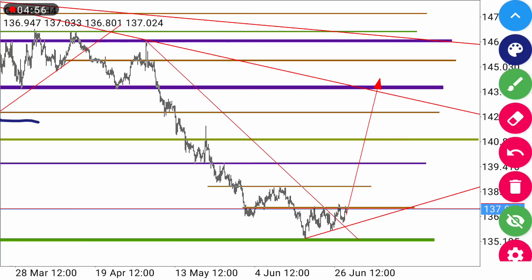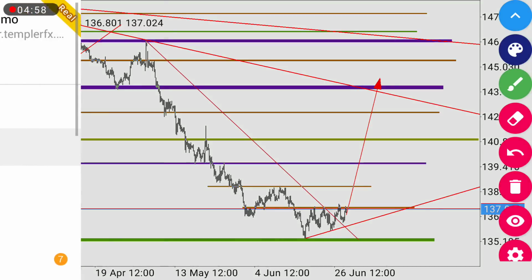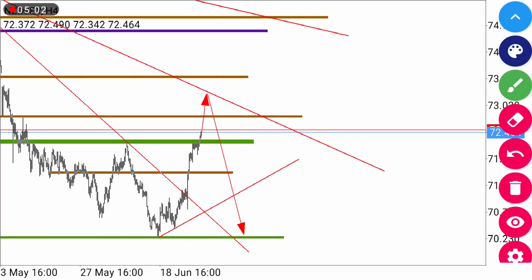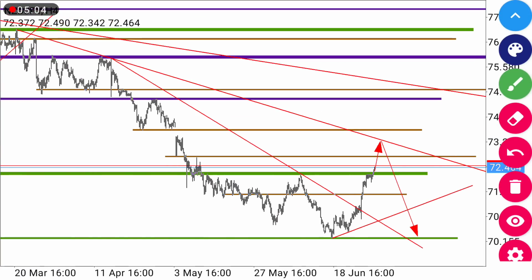Another pair which you're going to be focusing on for the coming week, apart from GBP JPY, is NZD JPY. And on NZD JPY we will be having a little up move. This up move is targeting to touch this trend line here. Then from there we'll continue moving down with it. This is the structure for the coming week on the